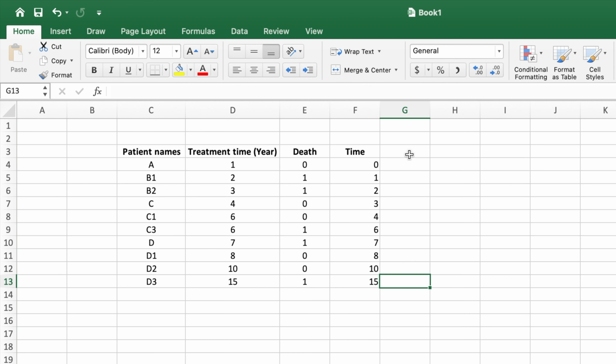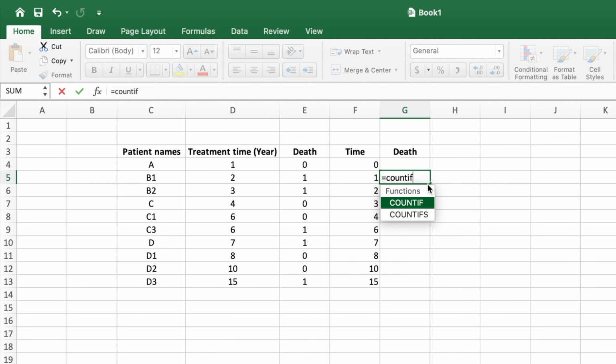Let us add another column with the title Death to analyze how many patients died during this time period. In the first row, we will leave the row blank since no death has occurred at this time. We will use the Excel formula equals COUNTIFS. In the criteria range 1, select the beginning of the treatment time, followed by a colon symbol, and select the